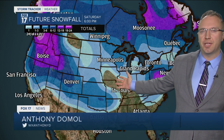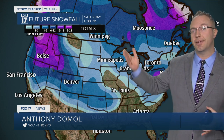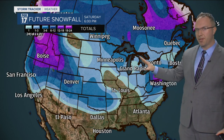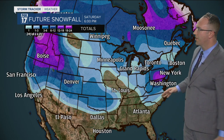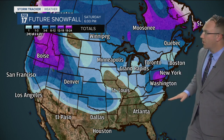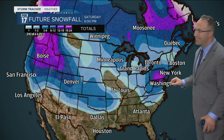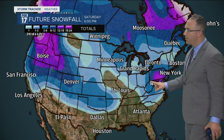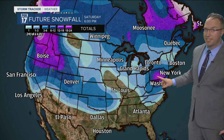I'm going to start off with the chart of expected snow between where we stand right now and next Saturday at 6 p.m. This is a pretty broad brushed picture of things, but what's going to happen is that the main storm track is going to be to our south. There is going to be a big winter storm, it does appear, at some point later Wednesday into early Thursday along the East Coast. That could include New York City. Certainly looks like it may include Boston, and there may be a swath of about 12 to 18 inches in